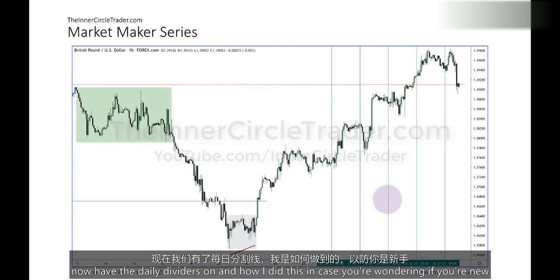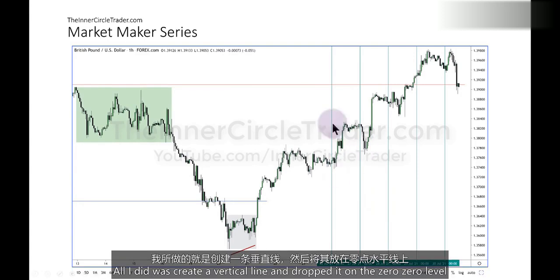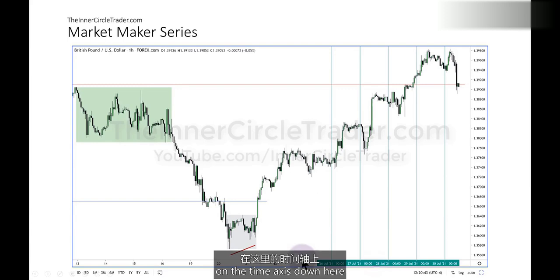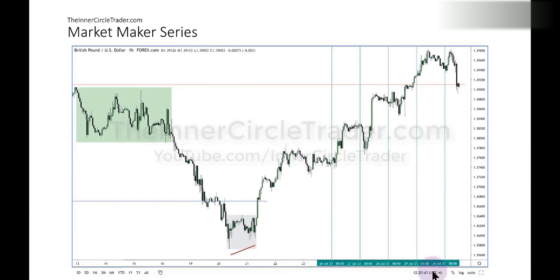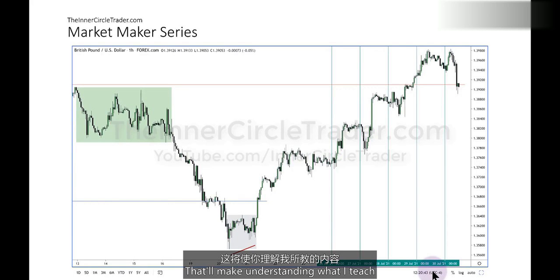So now I have the daily dividers on, and how I did this, in case you're wondering if you're new, all I did was create a vertical line and dropped it on the 0, 0 level on the time axis down here. That's going to be midnight New York time. It's important that you have your chart set to New York local time. That'll make understanding what I teach